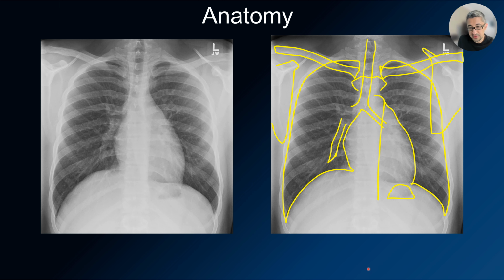We should be familiar with the radiologic anatomy. Here you can see the trachea in the midline, the carina, right main bronchus, left main bronchus, the right hilum mostly composed of the descending pulmonary artery, the heart contours, right atrium, right ventricle here, we don't really see it, left ventricle, left atrium, and pulmonary conus, and we can see the aortic notch and the descending pulmonary artery contour here,